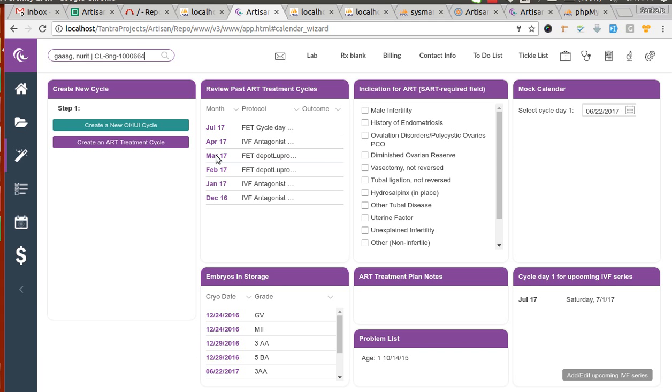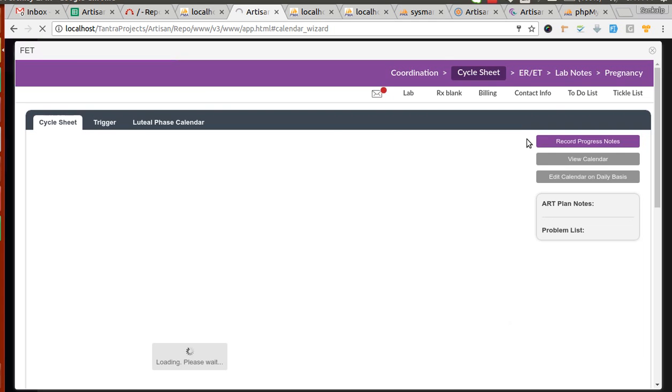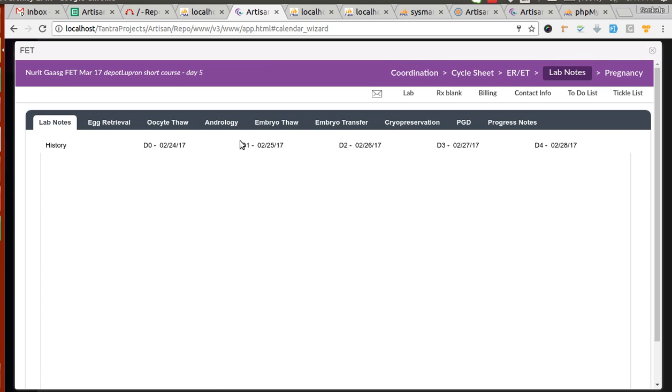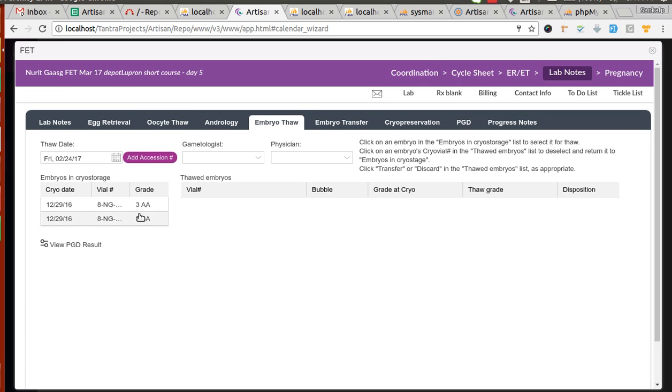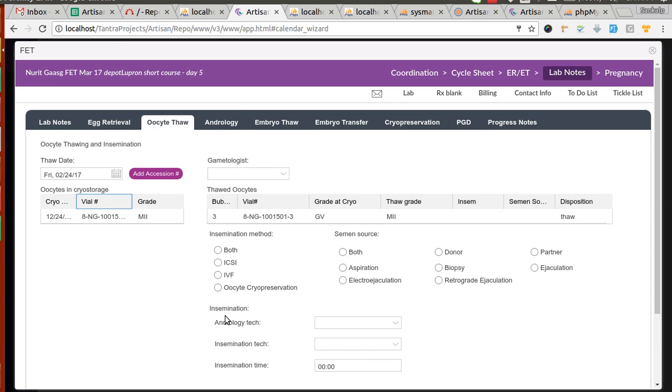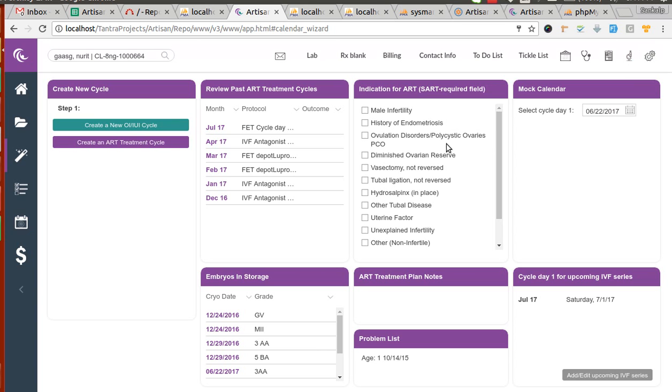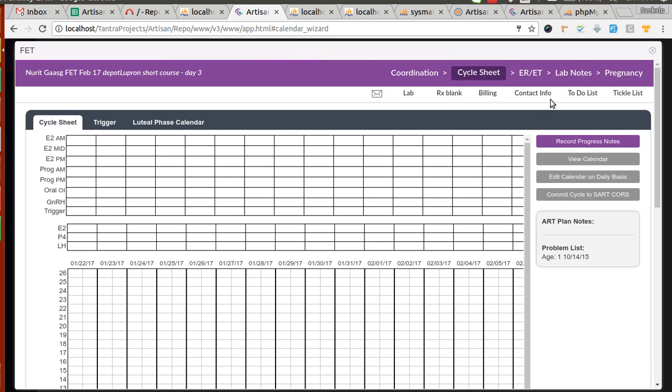So in the FET March cycle, you can see only 2 embryos are showing. Also in the embryo thaw, 2 embryos are showing. Let me just transfer one of them. Okay. Now if you go to the February 17th cycle, FET cycle, and go to the lab notes page,